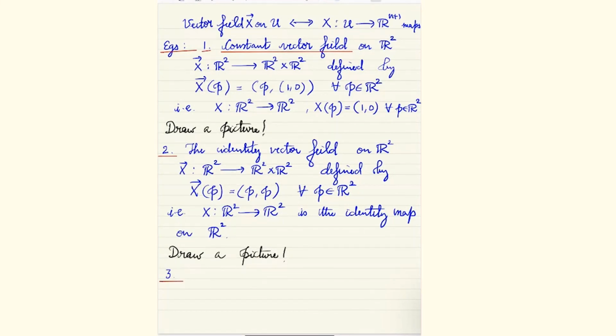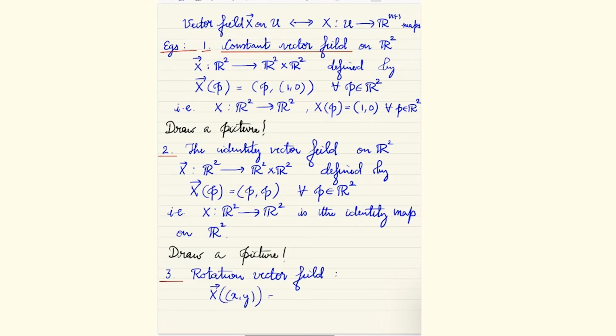Maybe I should say the name as well; we'll see a little later why it's called this. The rotation vector field. Again on R2, I define this by, now in a shorter form,